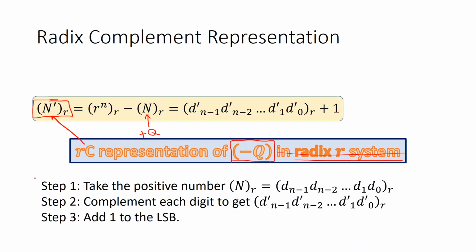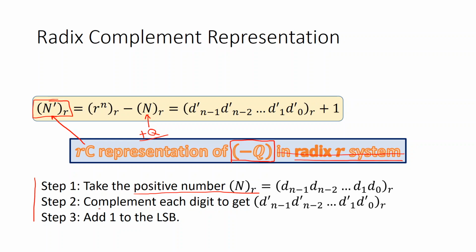So what are the steps to find out the complement representation of minus q? These are the steps. Step 1. The question is, find out the radix complement of minus q. Q is obviously a magnitude and a value. So minus q is going to give you a negative number. So what has to be done? We have to take the positive number first. How do we know that is the next question to be answered. But let us assume at this step that we know this positive number, which is the representation of plus q.